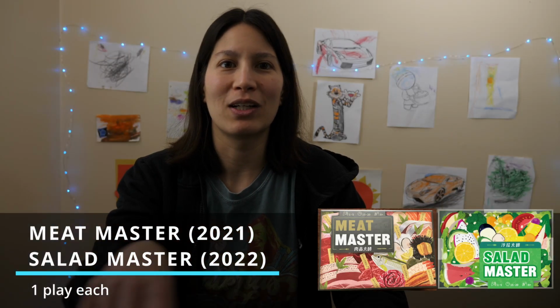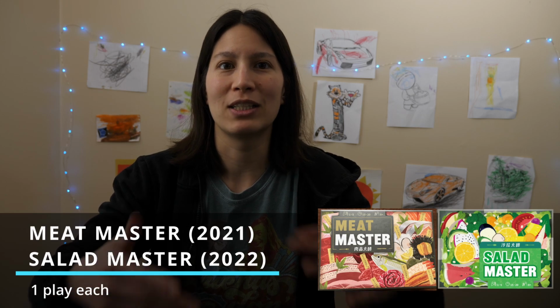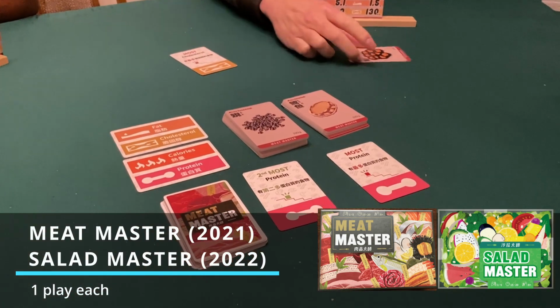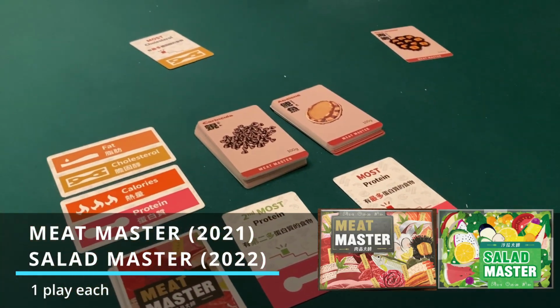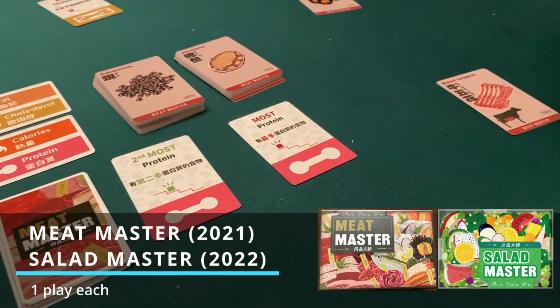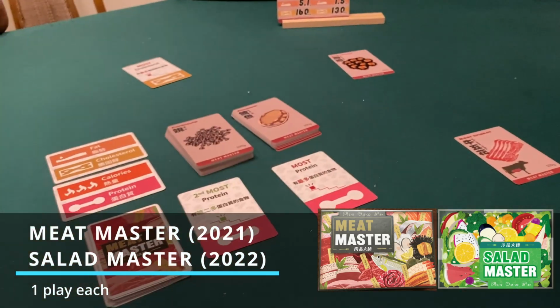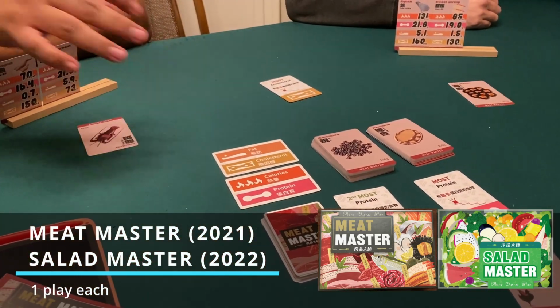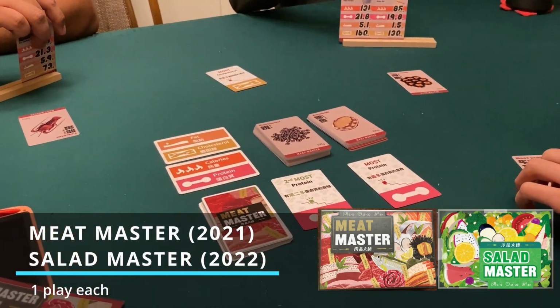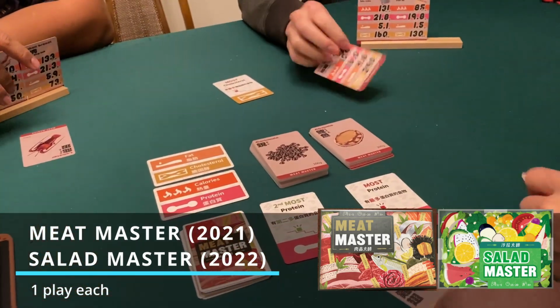And so you're picking a card that says the most calories. And so you don't know what your own cards say on the information. You just know what it is. This is kale, and you don't know how many calories it has and stuff, but you can see everyone else's calorie count and stuff. Everyone plays one card and tries to play the card with the most calories or whatever is picked for that round. So it's a fun, quick trivia game, and it was neat because it had the names of the foods in